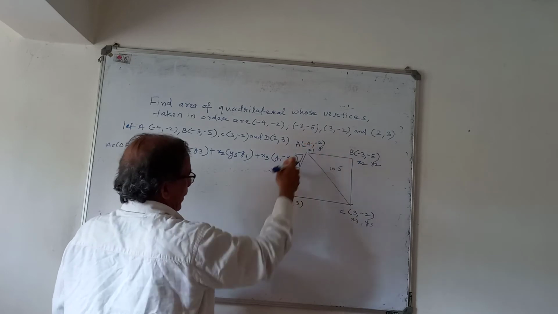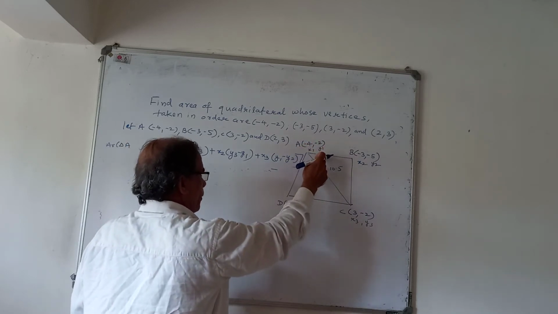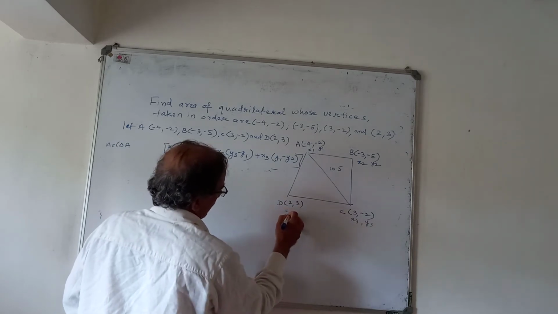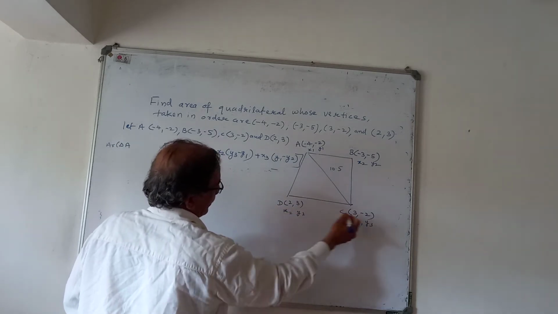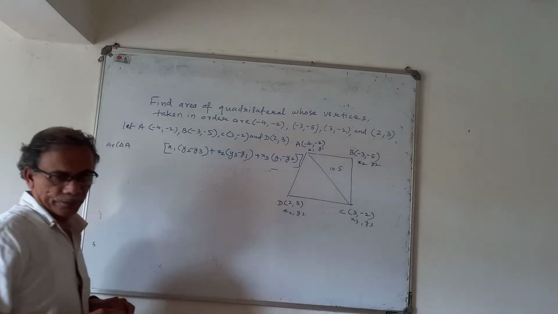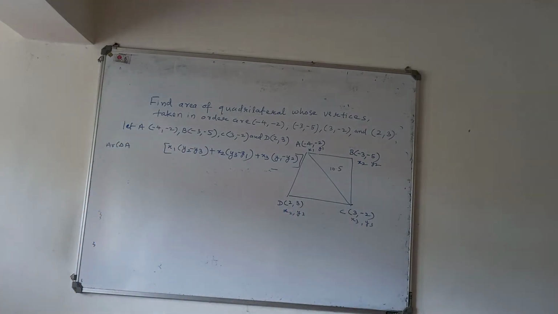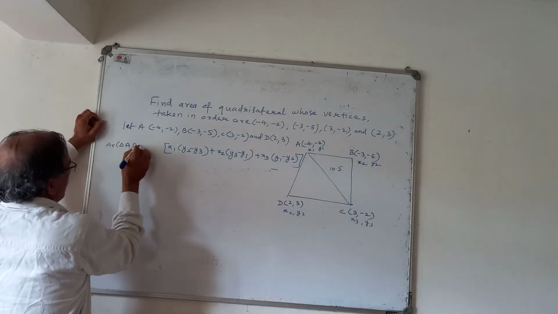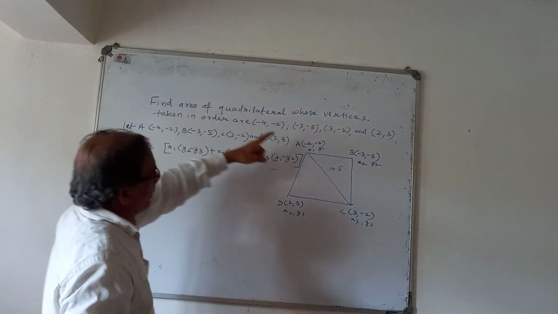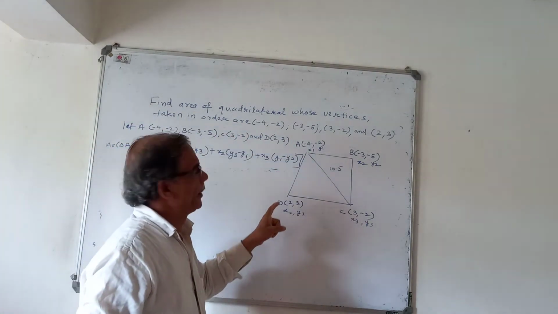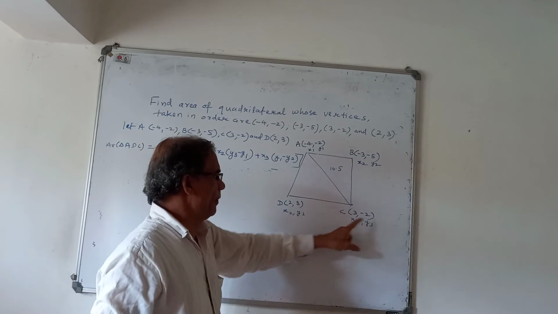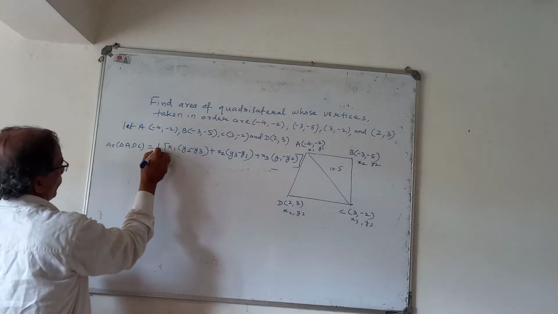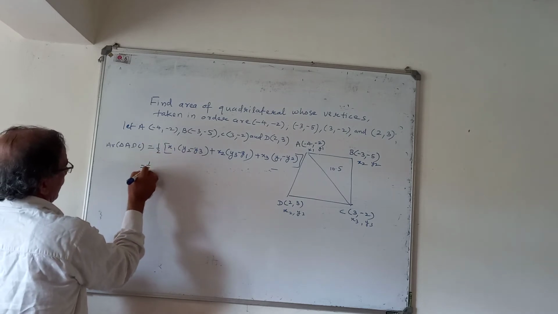If I am taking ADC, this will be x1 y1 as it is, this will be x2 y2, and this is x3 y3. So now again the same formula: area of triangle ADC. You can even write area of triangle ACD. If you are writing ACD, x1 y1, this will be x2 y2, this will be x3 y3. So that is half into